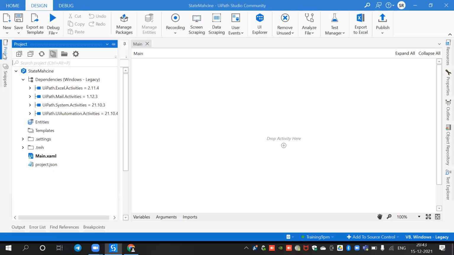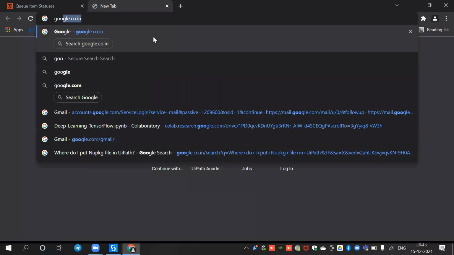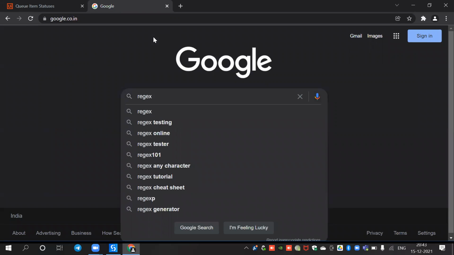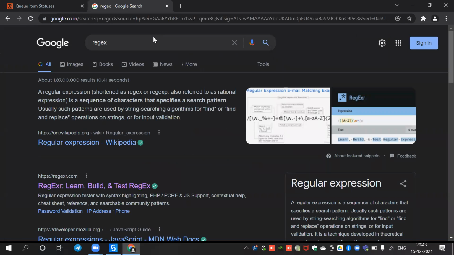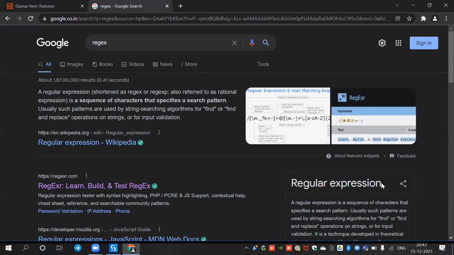So we will speak about regex. Regular expressions. What is regex? This is also one of the very important features. Regex. What is regex? Regex is nothing but a regular expression. So why will we use